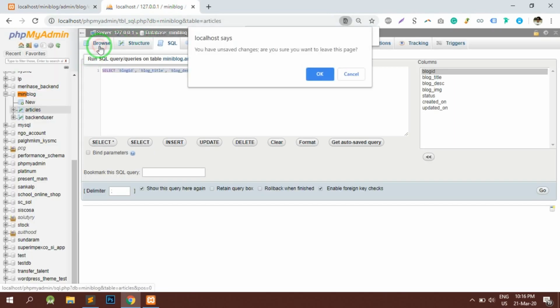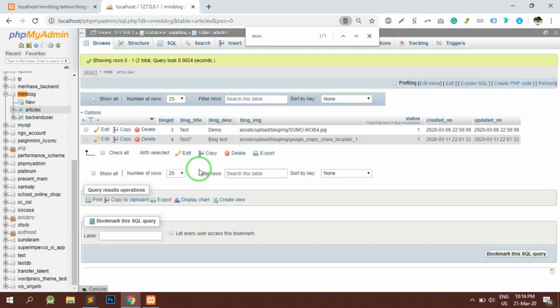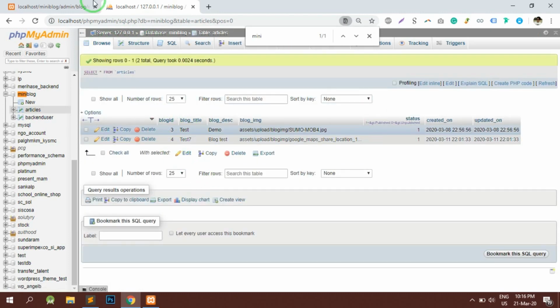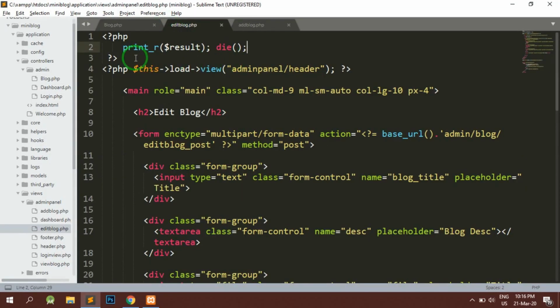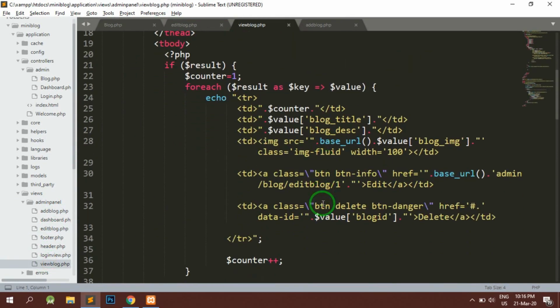So here, if you notice, the array is blank because here the ID is passed as 1, and I don't think there is any ID 1. So here I can see that the IDs are 3 and 4. That means the value here is hard coded. So first of all, we need to correct it in the view part. So here if I go, I notice that the ID here is hard coded. So firstly, I just need to get rid of it, and I need to implement